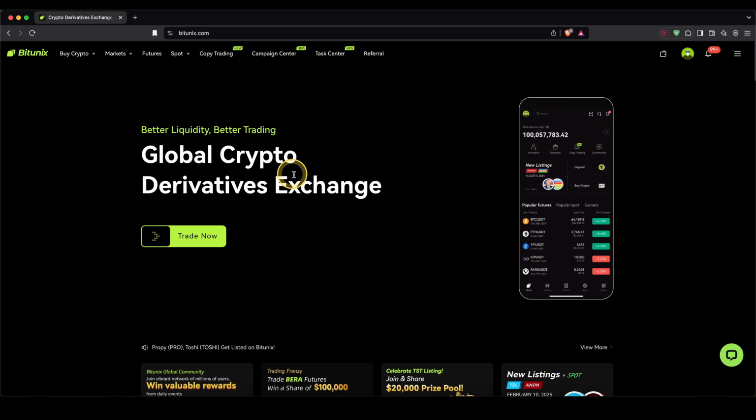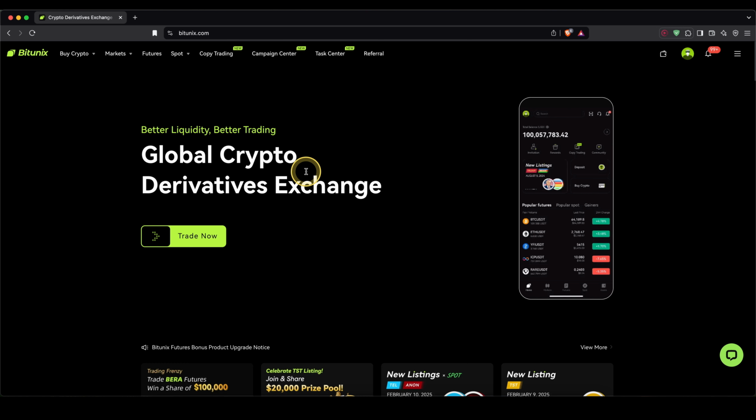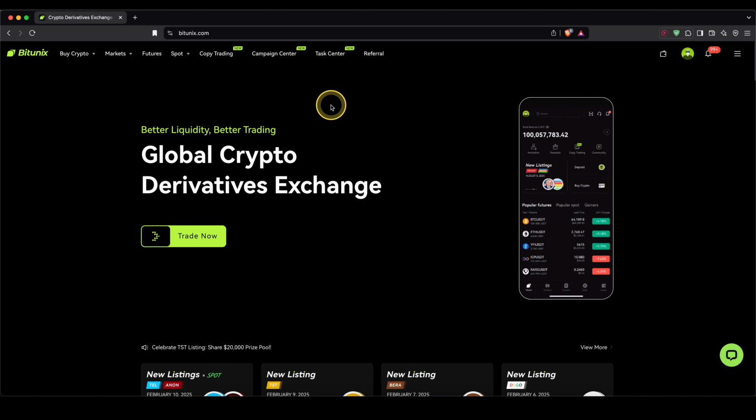Once we have the money on Bitunix, we can now use it to leverage trade on here. You can directly start without any KYC verification. Open a position and trade as much as you want. If you need more tutorials on that, I have many more videos on how to leverage trade on Bitunix on